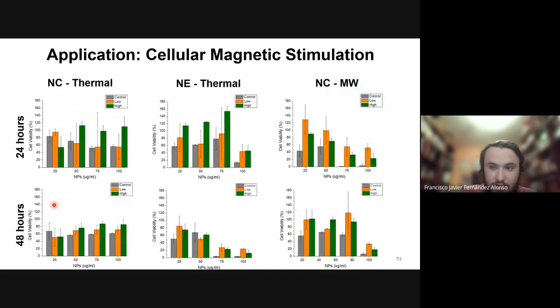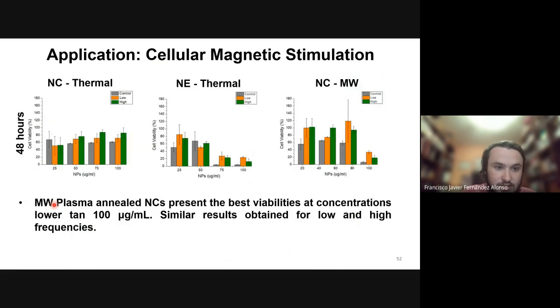Here we have the results, and we can see that the microwave plasma annealed nanocubes present the best viabilities at concentrations lower than 100 micrograms per milliliter for 48 hours viability, and similar results can be obtained for low and